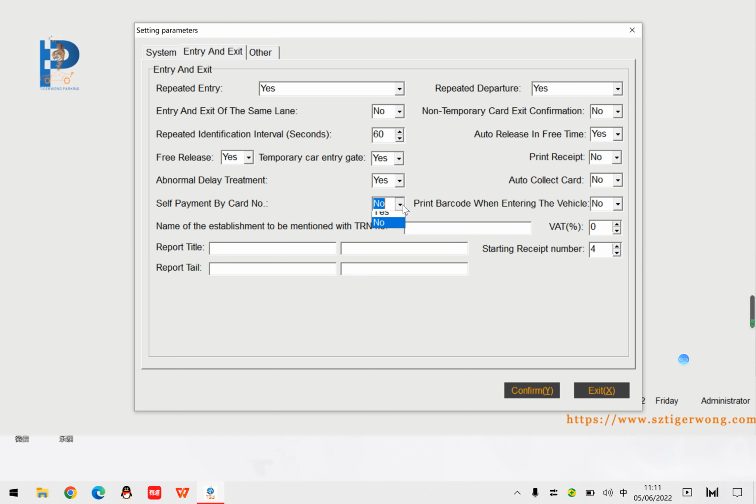Self-payment by card. This is to realize the self-service payment function through the card's number when there is a self-service payment machine. Print barcode when entering the vehicle. This setting is limited to paper ticket parking, and barcode vouchers will be printed when entering the vehicle. The next is the other submenu,